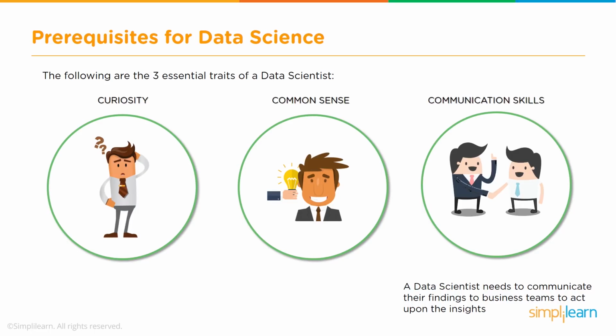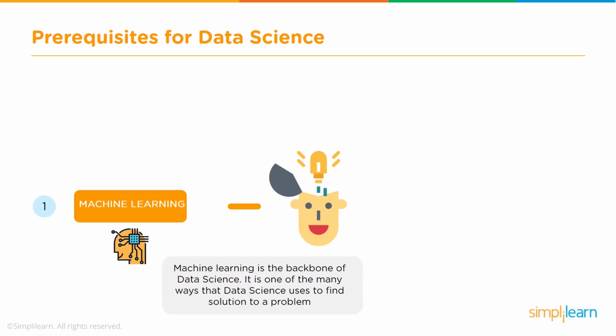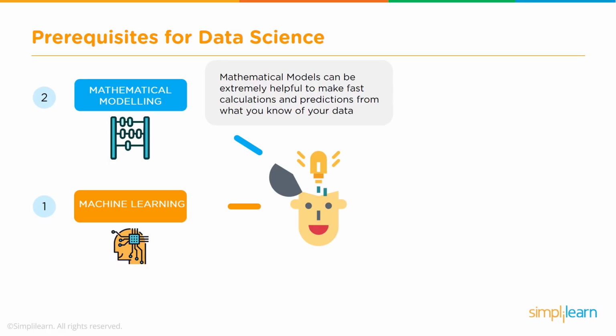Okay, so what are the other prerequisites? The first one is machine learning. Machine learning is the backbone of data science. Data science involves quite a bit of machine learning in addition to the basic statistics that we do. So a data scientist needs to be very good at machine learning. The second part is modeling. Modeling is also a part of machine learning in a way, but you need to be good at identifying which algorithms are most suitable to solve a given problem, what models we can use, and how we train these models, and so on and so forth. So that is the second component.